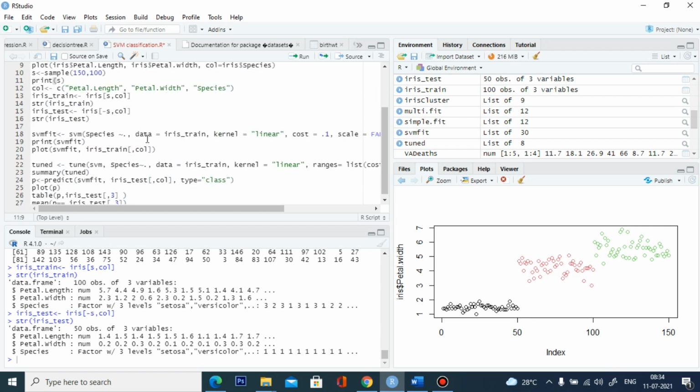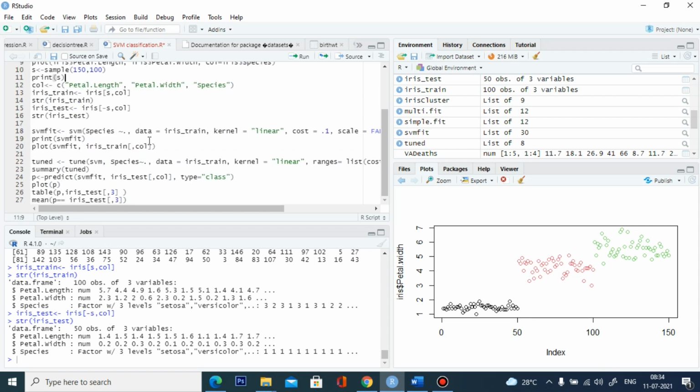Then we are going to create the support vector machine. Here in SVM fit we are going to do the SVM, support vector machine. The data is species. We are going to classify the species with all the data in your iris train. We are going to consider all the variables present in your iris train data set.